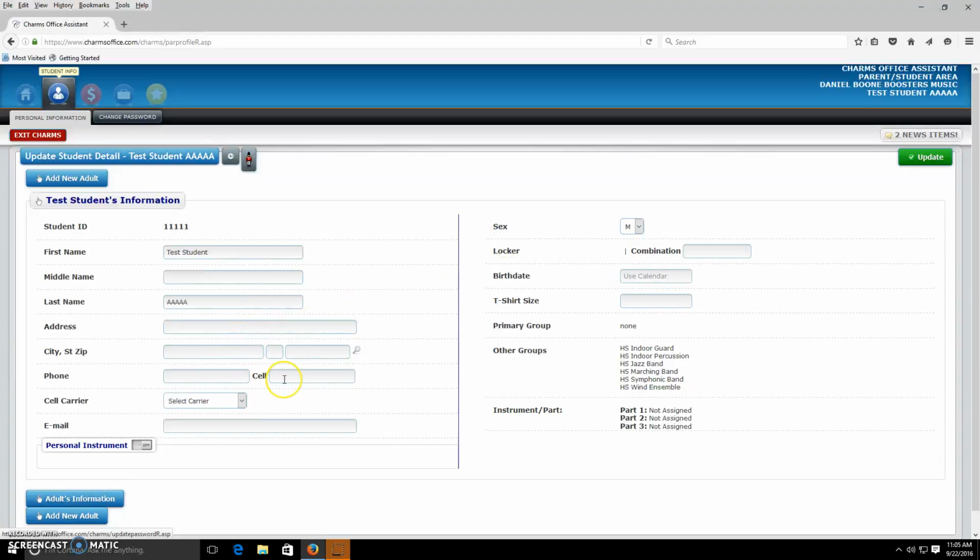What I'm going to talk about is just our cell phone and our email, because those are the two most important things to make sure that we're staying in touch with everyone, and also we are providing a means in order to get in touch with everyone in the event that we have an emergency happen when we're on a trip, such as, say, for marching band. If we take the bands to an adjudication festival, we go see a performance as a group, or like in the spring, we're in Canada, right, outside of the country, and we need to get in touch with people. So I'm just going to make up a cell phone number here